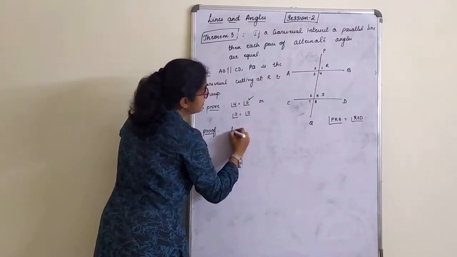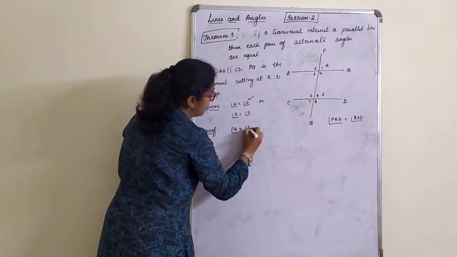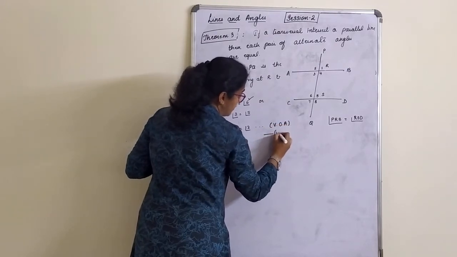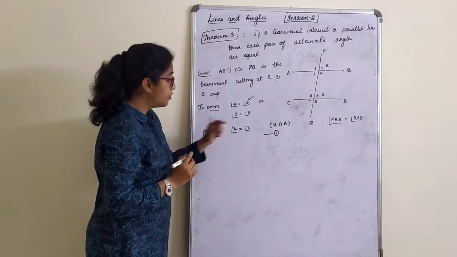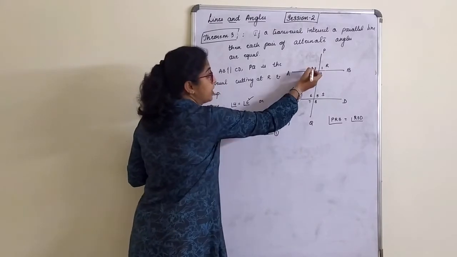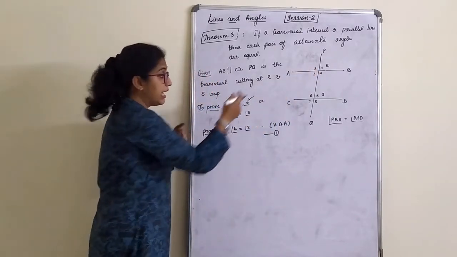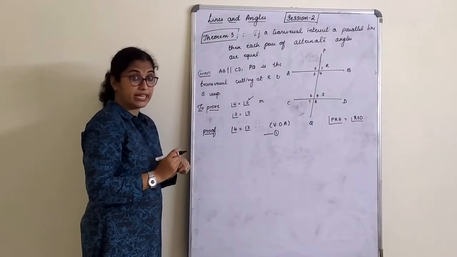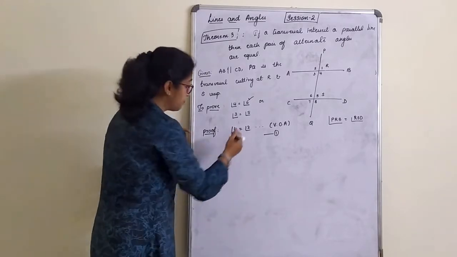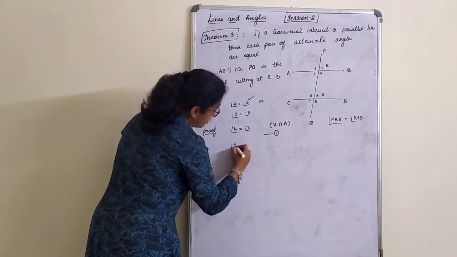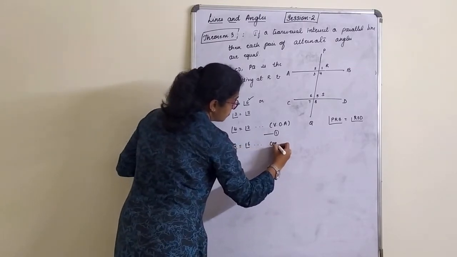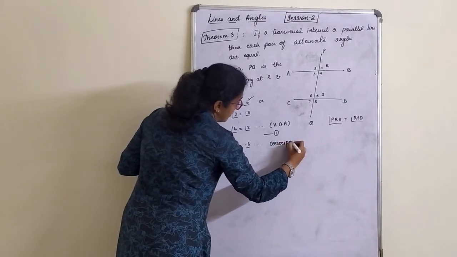Proof, I will write here, angle 4 is equal to angle 2. Reason, vertically opposite angles, equation 1. Okay, angle 4 is equal to angle 2. Keep it as it is. Now, with respect to 2, angle 2 is equal to what? Angle 2 is equal to angle 6. Why? Because they are a pair of corresponding angles. We just proved that in the previous theorem. So next I will write angle 2 is equal to angle 6. Reason, corresponding angles.